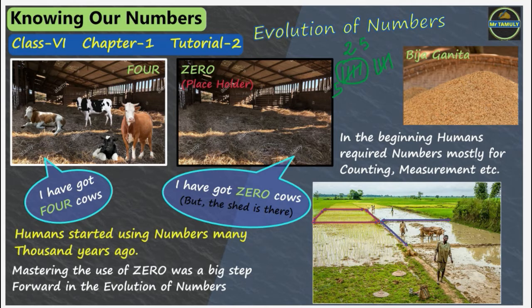This is the second one. This is the third one. Like that, you can draw 5 of them for 25. But if you have got a large number of cows, you might struggle with such a method. You may end up in a mess of counting the symbols themselves for counting your cattle.